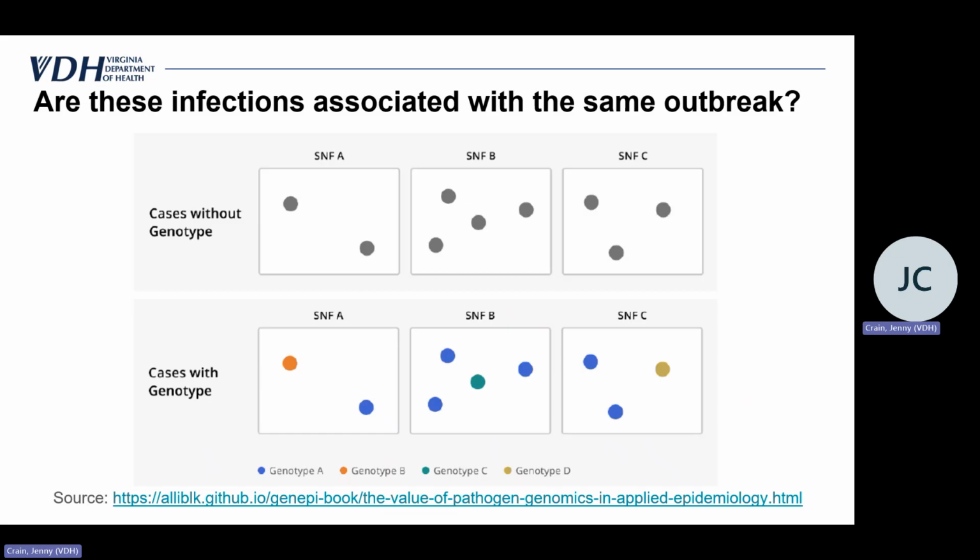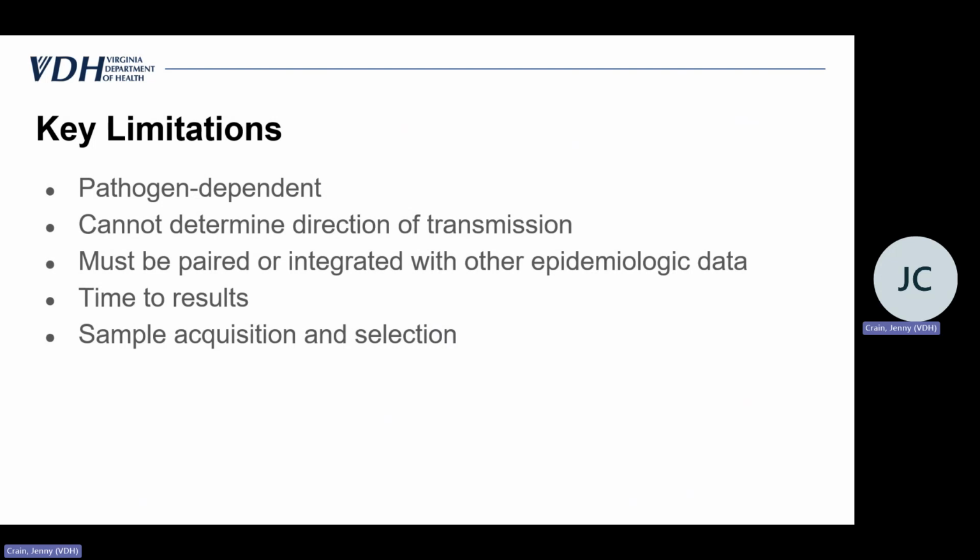Do we know whether there were staff or residents that were positive in all 3 of these facilities? Was it potentially staff that were shared between facilities, or do we know that there were specific patient movements and transfers that occurred between these facilities? So again, I just like these 2 as a starting point in terms of how we visualize and try to understand how to use genomic results.